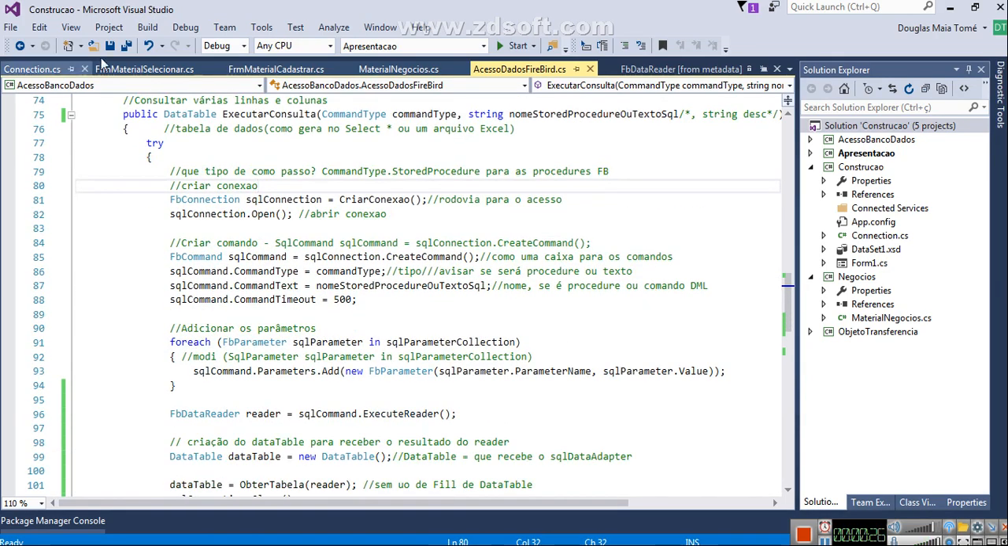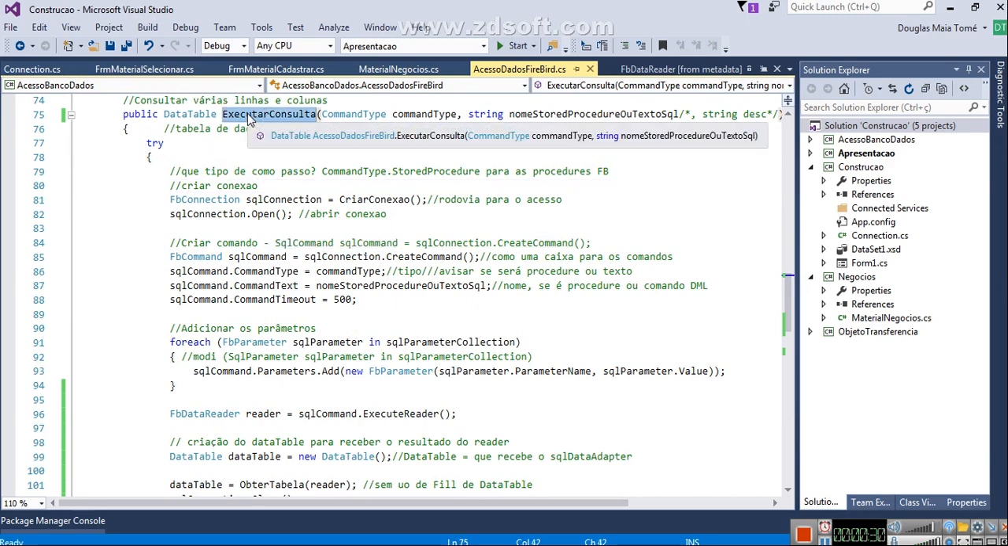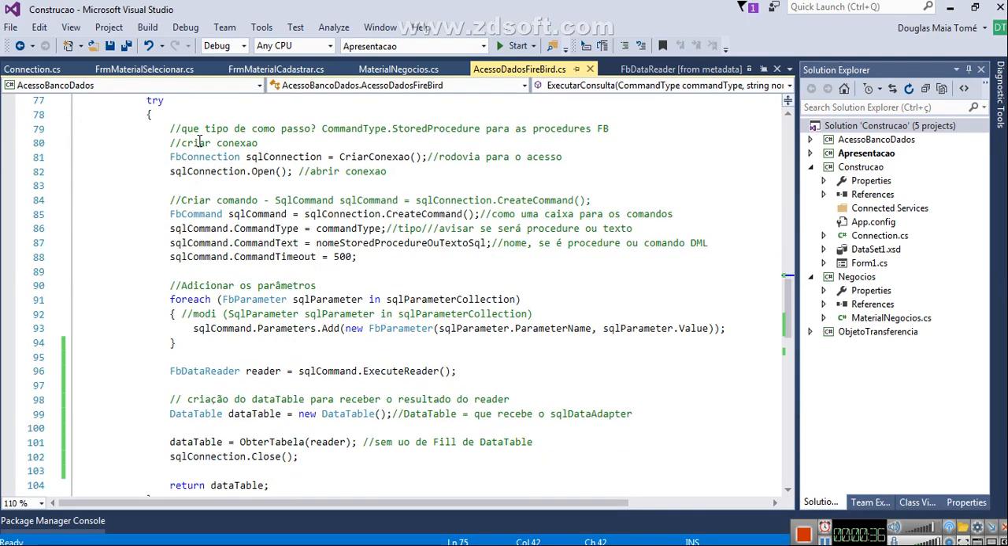Okay, I have this query maker, executor, where you can do your Firebird connection. In this case, I am doing the Firebird connection, not the SQL Server connection. So it creates the connection on this